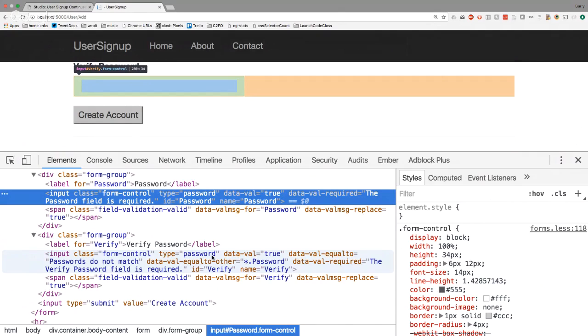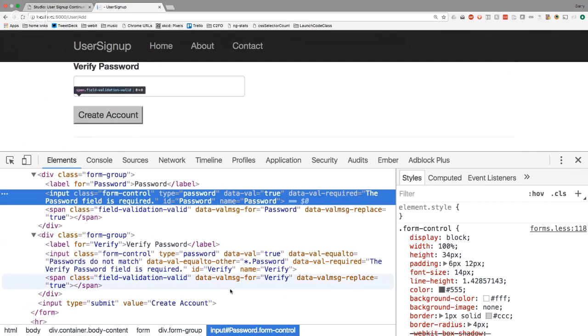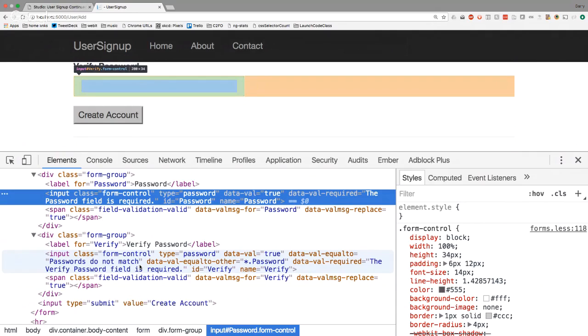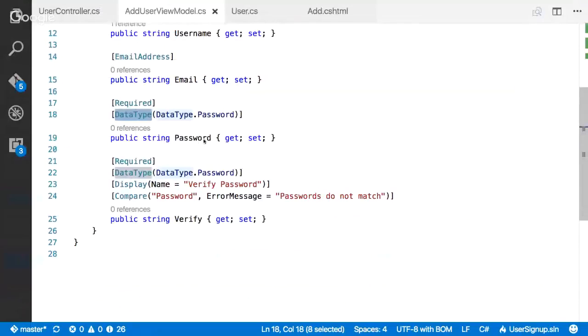Now, it might seem like there's a bunch of annoying extra nonsense inside of your HTML there. When you start to incorporate JavaScript into your application and your framework is always outputting extra things automatically for you, it makes it a lot easier to hook in and have a much more rich user experience. So it might seem like too much up front, that's sort of jamming a bunch of stuff in there. More actually makes it a lot easier when you start to use JavaScript and add other rich pieces to the